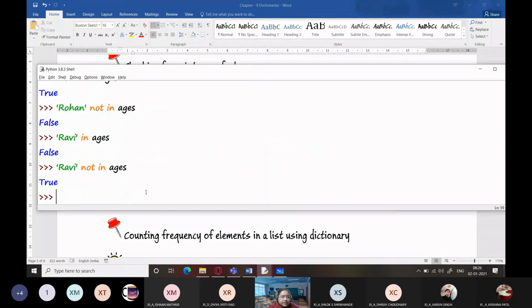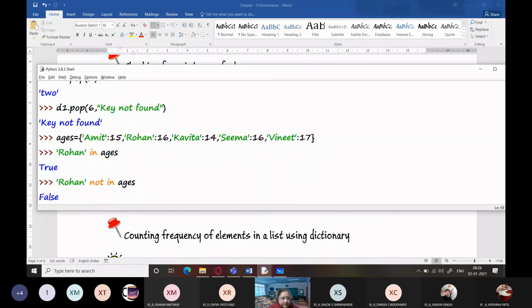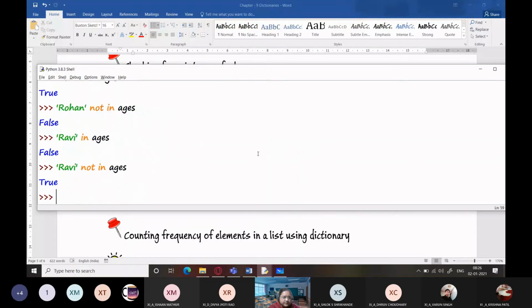How do we check whether values are present in the dictionary? For that, we will be using a trick. I'm writing here 15 in ages dot values. Because you need to specifically check whether a particular value is there in the dictionary, we need a list of values.